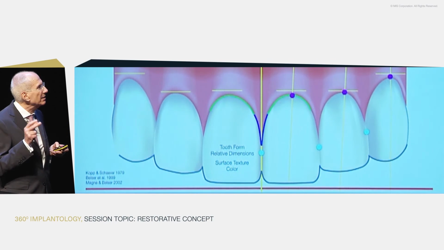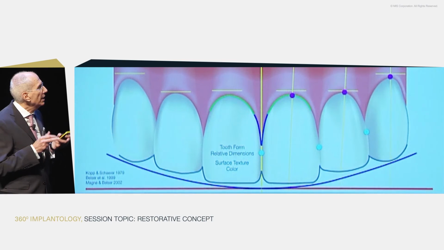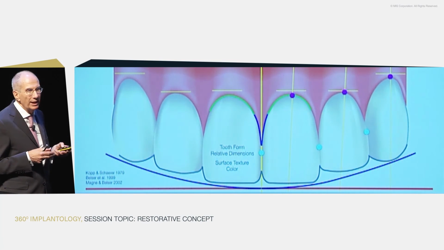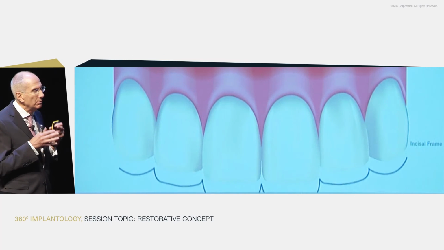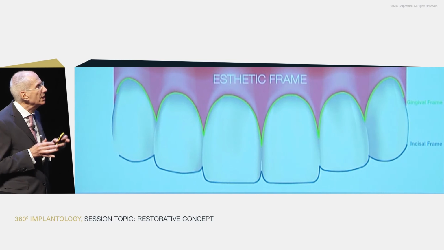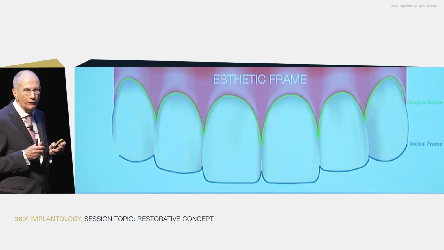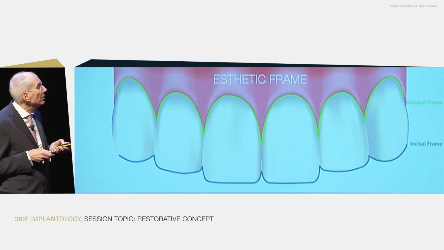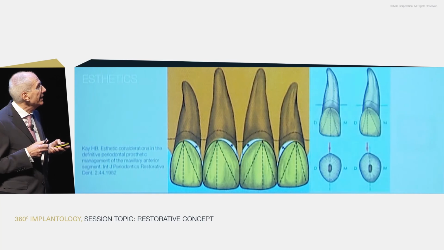All these aspects are still true. You can look at them either two-dimensionally or today digitally, also in a way three-dimensionally, because these aspects are showing perfectly the aesthetic frame, and the most beautiful crown is not beautiful if it's not included in a nice soft